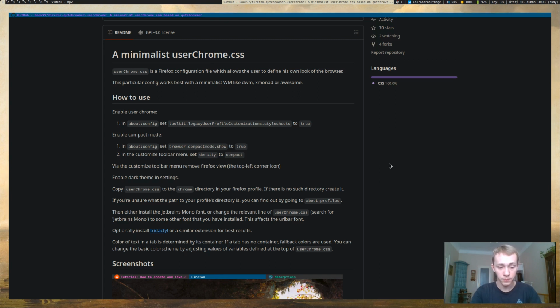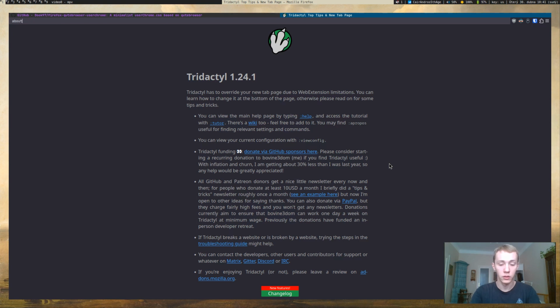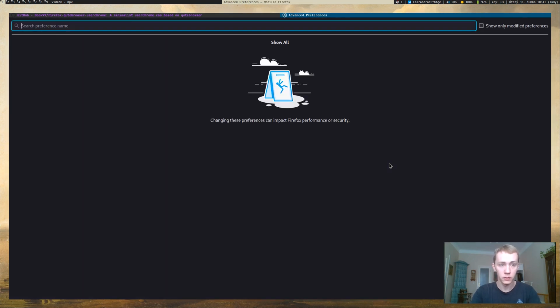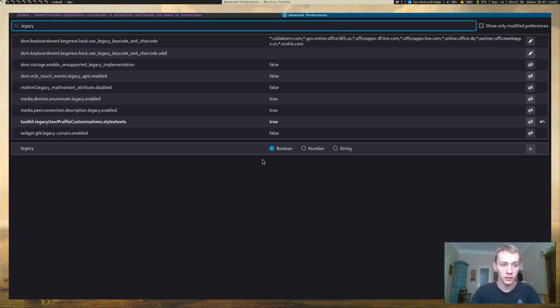So what you need to begin with is going to about:config and enable this option: toolkit.legacyUserProfileCustomizations.stylesheets. Make sure this is set to true. By default it will be false, because Mozilla thinks we can't handle nice things, I guess. Once you've enabled this,